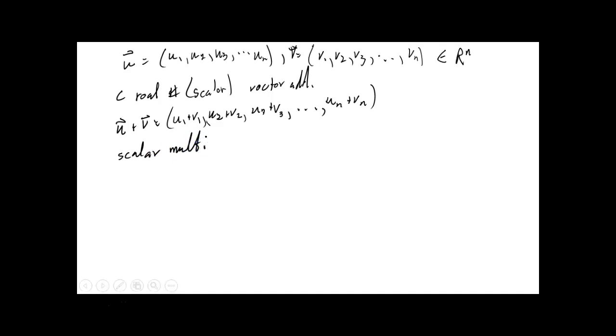Okay. Scalar multiplication of u by c is then defined as cu, just like we would expect. Okay? And what would that be? Because u has n components, this would be cu1, comma cu2, well, let me write it here. Comma cu3, comma, dot, dot, dot, comma